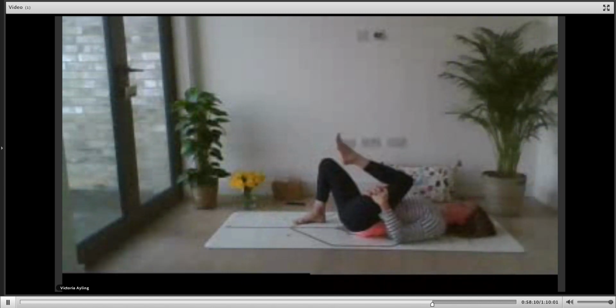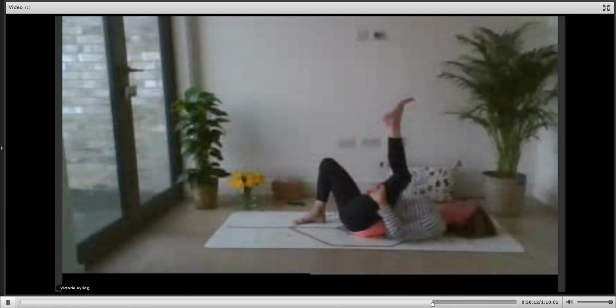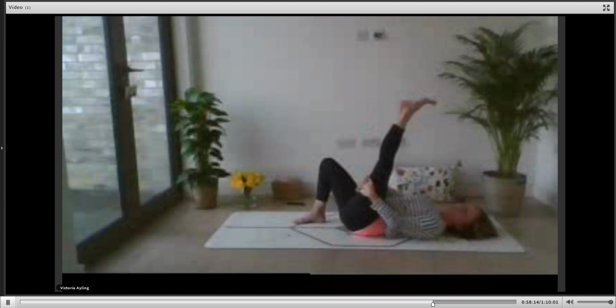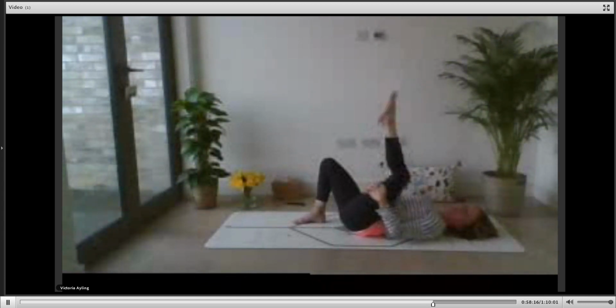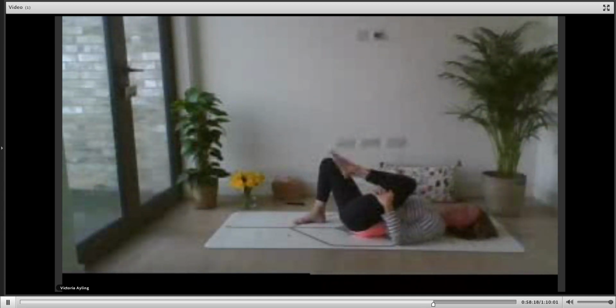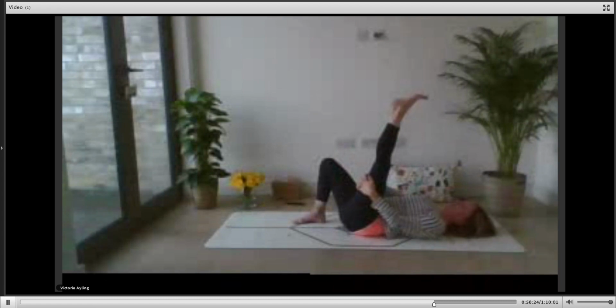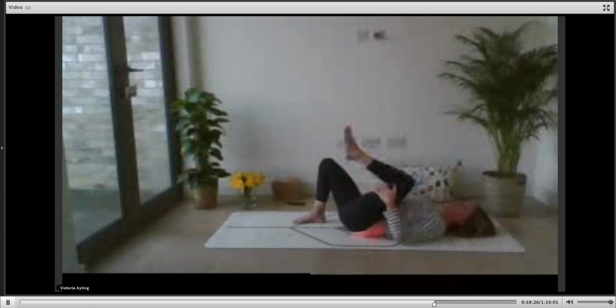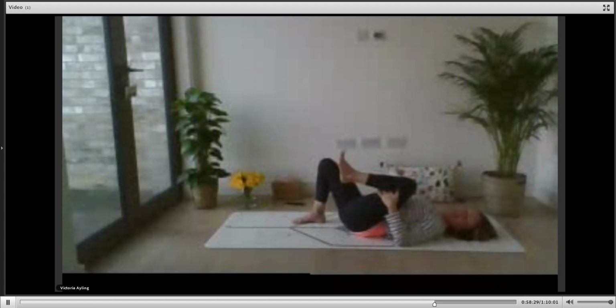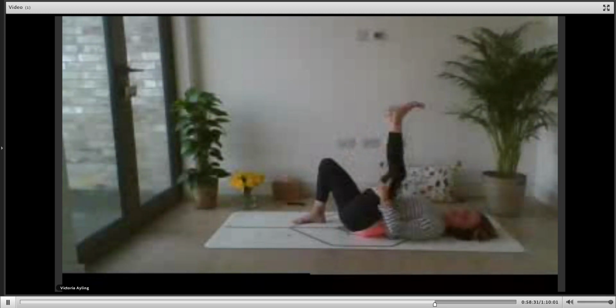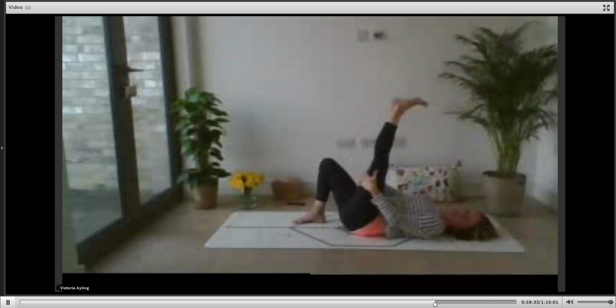And the next time you breathe in, straighten the leg to vertical up to the ceiling. And exhale, rebend, squeeze the knee in. Inhale to straighten the leg up to vertical. Exhale, bending, squeezing in. So two more like that. So we're getting into the hamstring and the calf here.